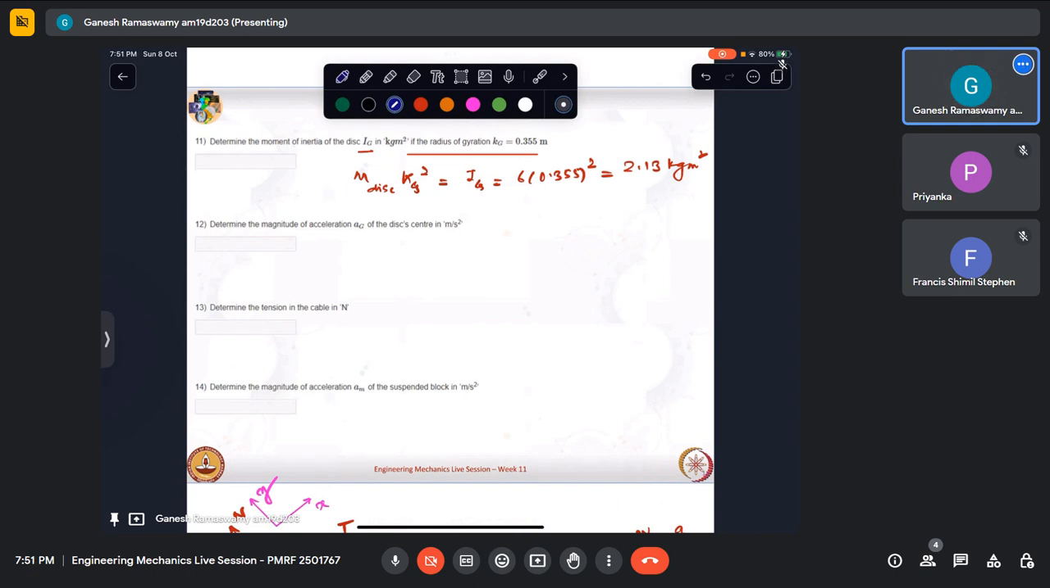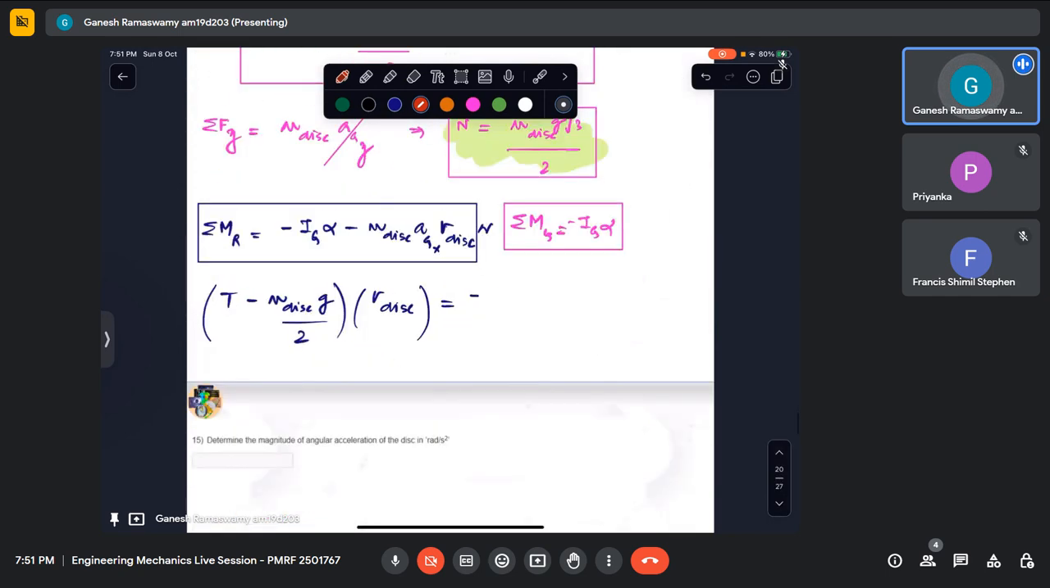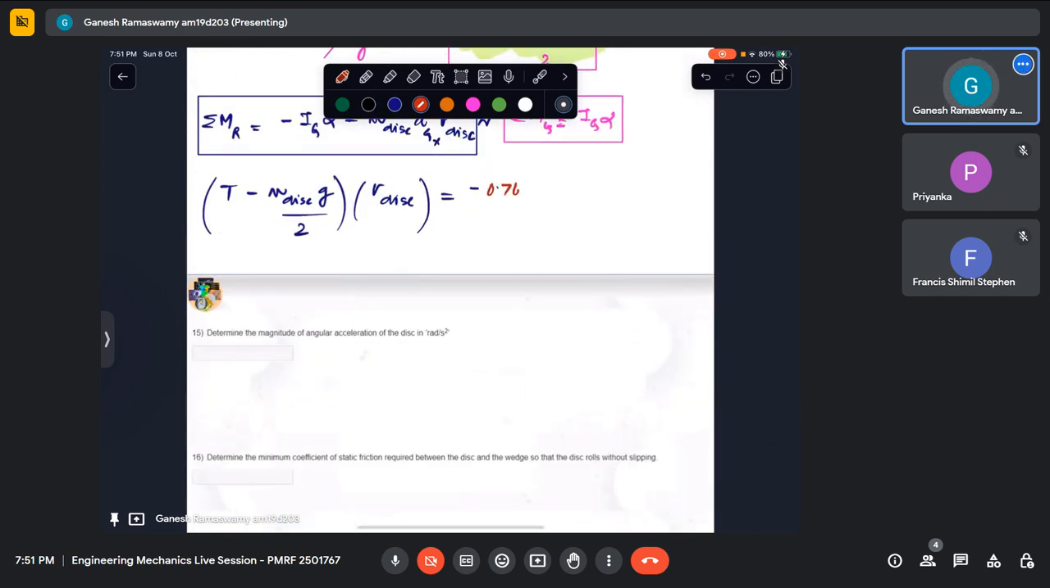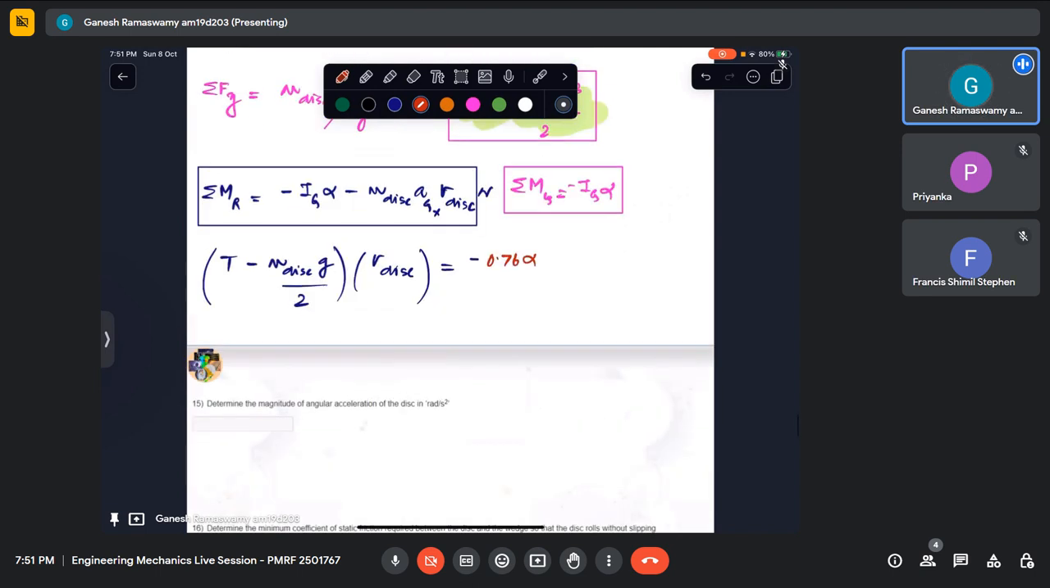Oh, how is this 6 into 0.355 squared? Yeah, okay. It seems a bit high, that is why I was wondering. 6 into 0.355 squared. So this is 0.75 or 76 kg meter squared. So this is 0.76. This is minus 0.76 alpha, and then minus 6 kg is the mass of the disk,